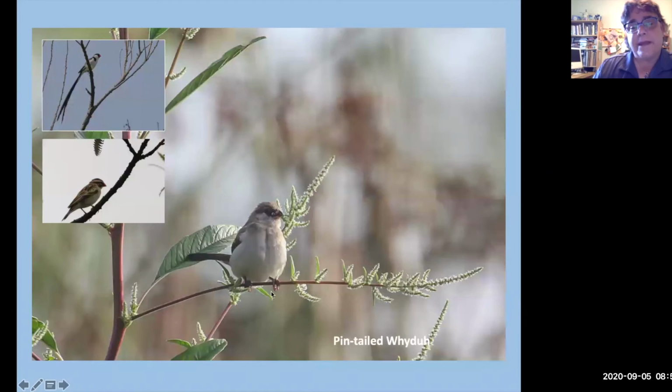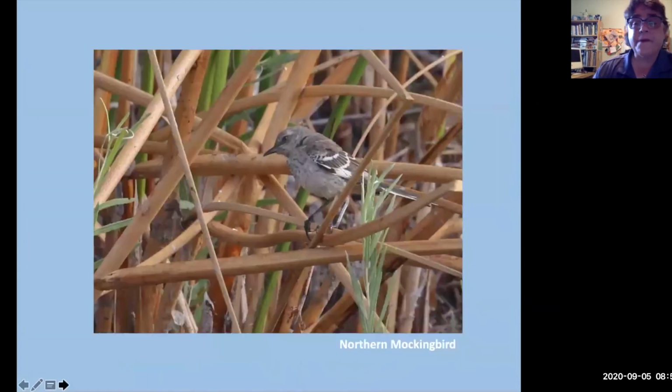This is a male. This is what they look like. Again, these are escapees. Look at this black and white bird, bubblegum bill. Look at that tail. And this is a female, and this is a child. So that's a family. You'll see all three kinds there. Northern mockingbird, you get these noisy little guys. They're the ones that sing at night.